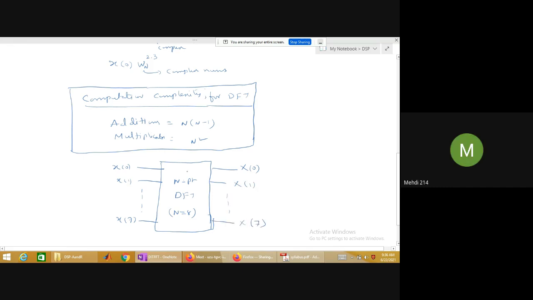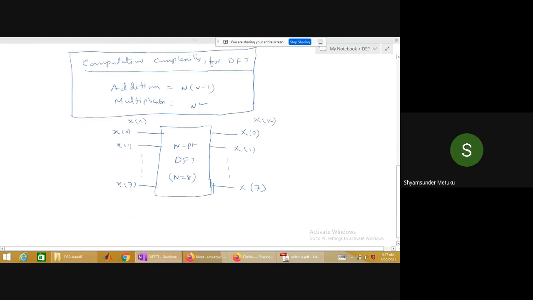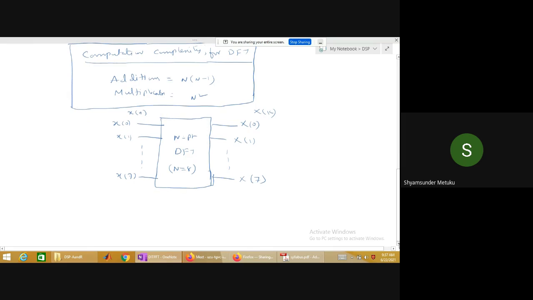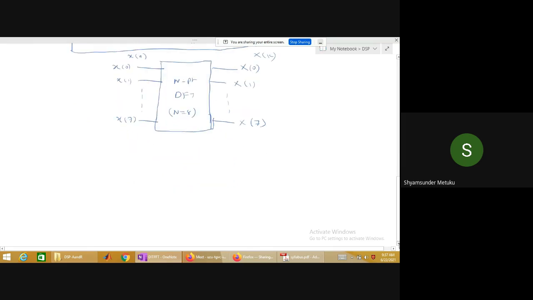Can you repeat it again, sir, please? I'm trying to represent my DFT by using a block diagram where this block is going to represent an N-point DFT. So for this box, if you apply the 8 samples of the time domain x of n, I'm going to get 8 samples output in the frequency domain, x of k. It's only a block diagram representation, nothing else. Okay, fine. Because this is important for us.